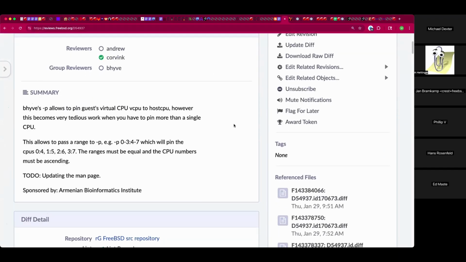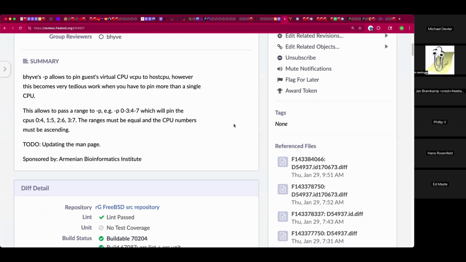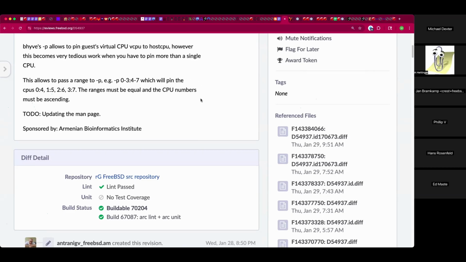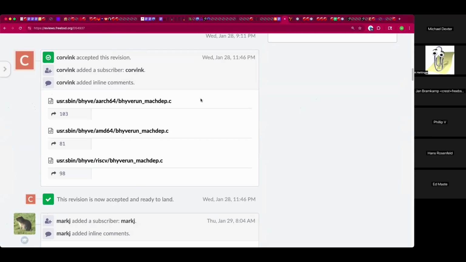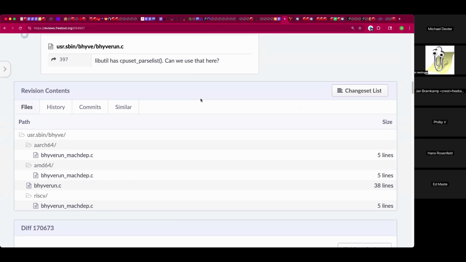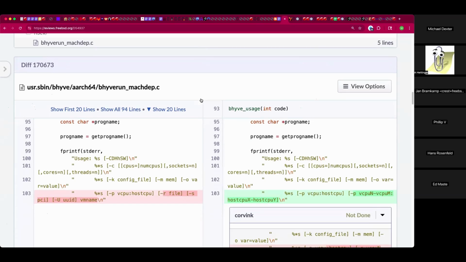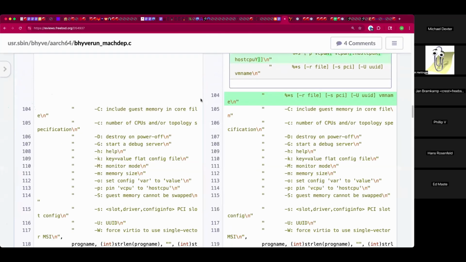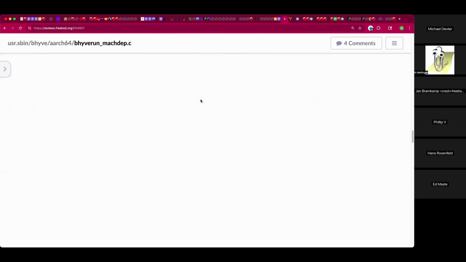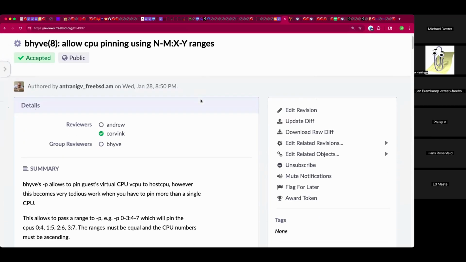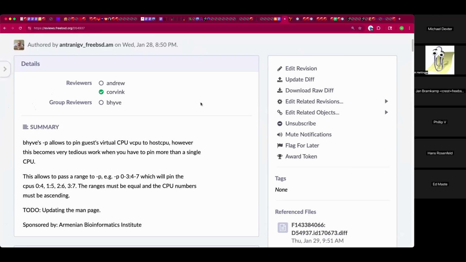Right. So here is the review I was looking for. Saving a whole bunch of command line issues of -p. It looks like Corvin is happy with this. So from the Cooking with Gas department, and I believe we have the University of Yerevan to thank for supporting this because they requested it and helped out. Yeah, Corvin has some comments. This is great news because that was one of those things where people aren't using it because it's not easy, and it's not easy because people aren't using it. That's a circular issue. So thank you.